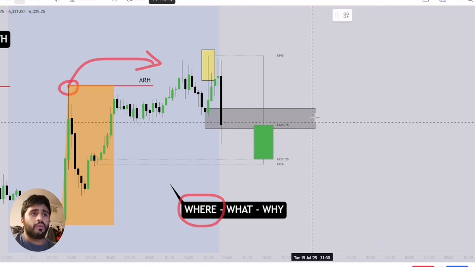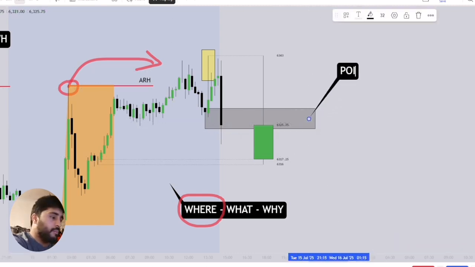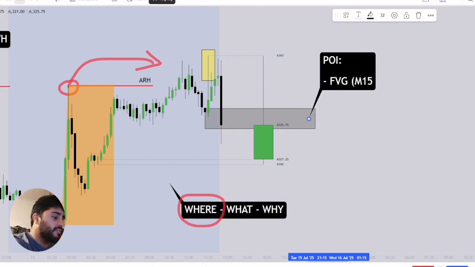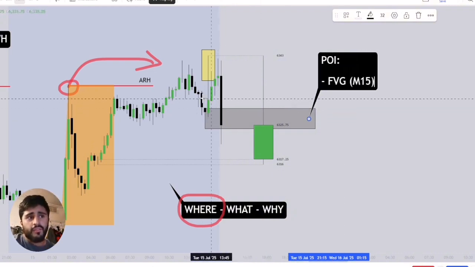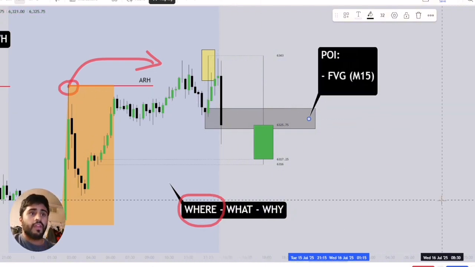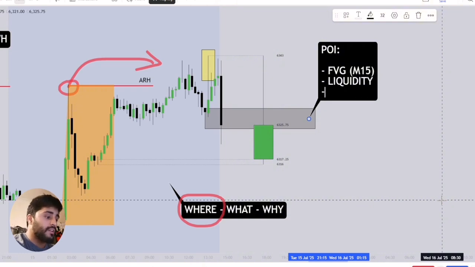So when you're forming a POI, just to wrap up the POI topic, right? A POI will come from the following things. You want to see a fair value gap, right? This is the 15-minute chart. So this is a fair value gap here on the 15-minute chart. Then after that, you're looking for it to accompany it with liquidity. So you want to see price sweeping liquidity just before the fair value gap, or maybe just even after the fair value gap. You want to be trading near the high of the day, above the daily opening price.